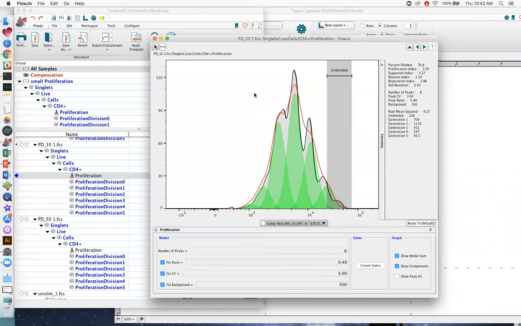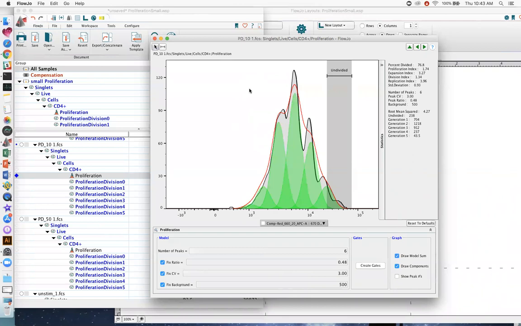So we have one in the chat window. It says, when you have multiple patient samples that are unstim and stim, do you pick one of the unstim samples, make your model, and apply it to all samples? Or do you only apply it to the sample from that same patient? That's a great question. Patient data are notoriously highly variable. So in the ideal situation, the perfect scenario where you have all the proper controls,